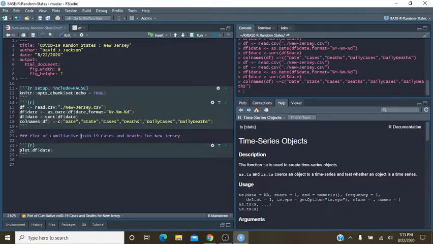According to Wikipedia, cumulative. New Jersey.